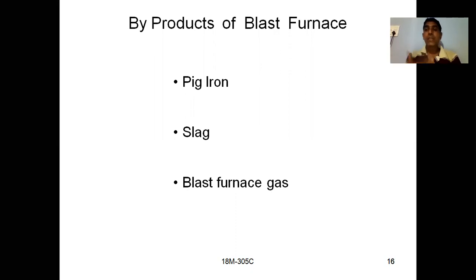And what is the second one? You are having coke. So what is the purpose of coke? The main function of coke is to provide heat, and it will act as a reducing agent. And the third one, what is that one? Limestone. What is the main function of limestone? It acts as a flux. What will a flux do? Flux reacts with the impurities and forms slag, so that slag can be removed from the slag hole. So in this way, we are removing the impurities from the blast furnace.